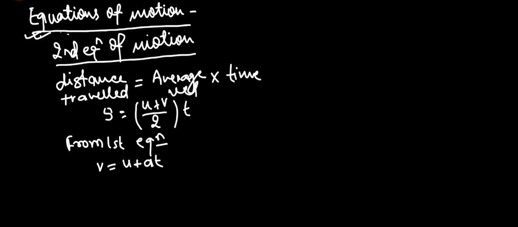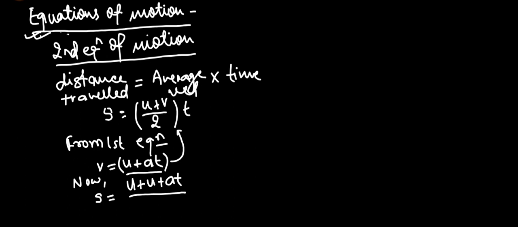Now, if we substitute this value of v, that is u plus at, in this equation, we get s equals to u plus, in the place of v, we can write this, that is u plus at, divided by 2, multiplied by t. Now, this can also be written as